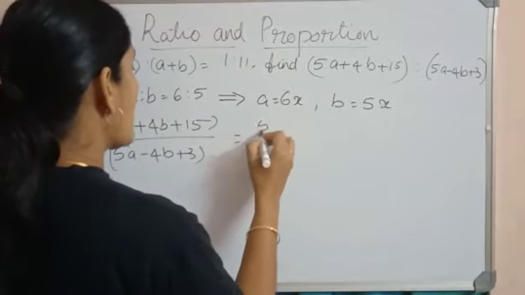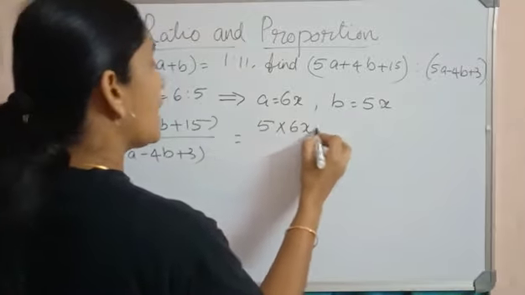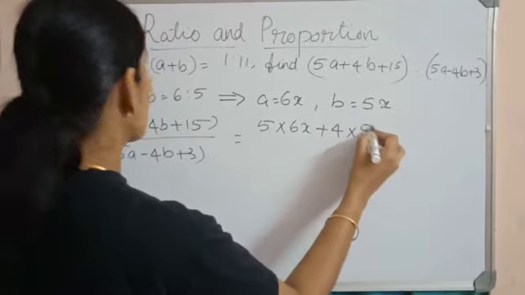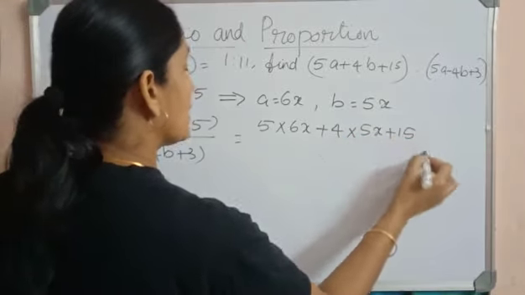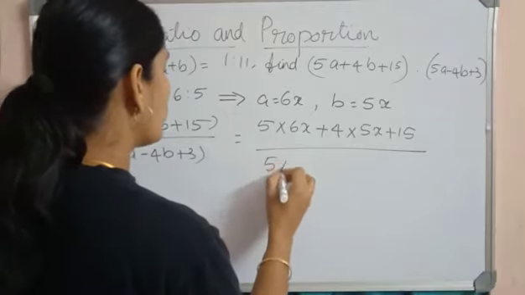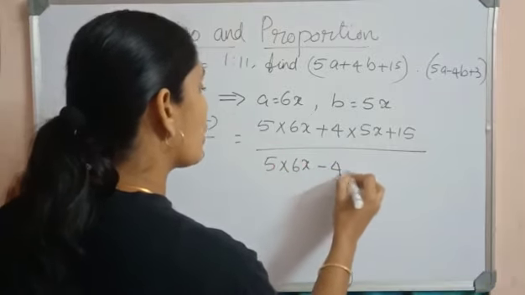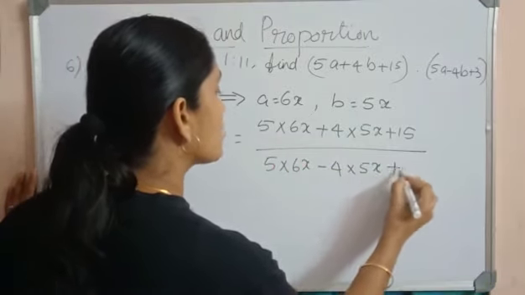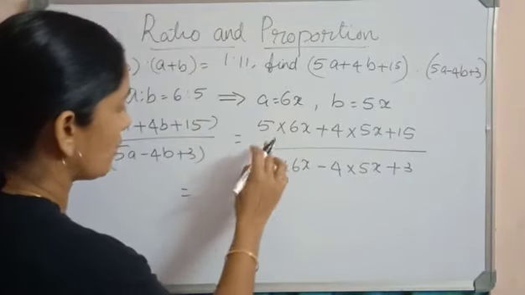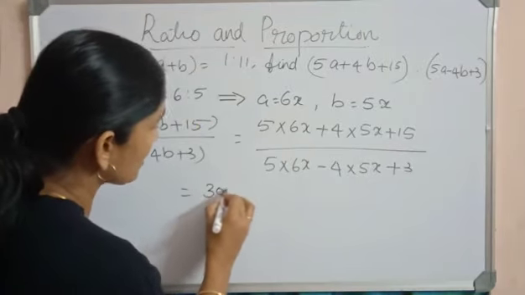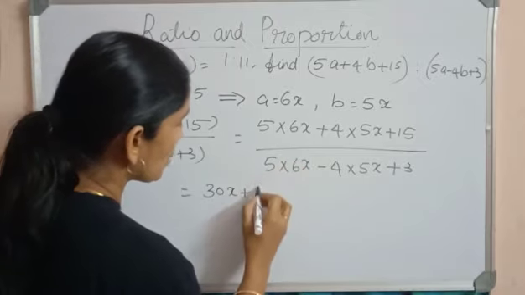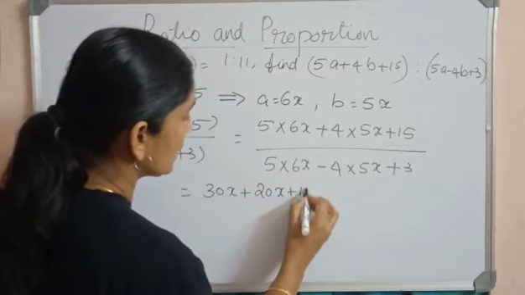We get 5 into 6x plus 4 into 5x plus 15 divided by 5 into 6x minus 4 into 5x plus 3, and that is equal to 5 6s are 30x plus 5 4s are 20x plus 15